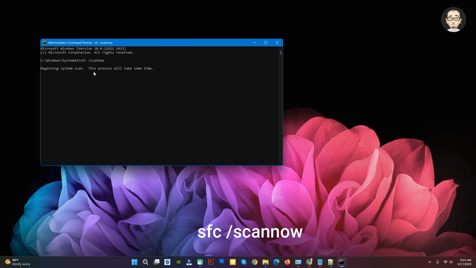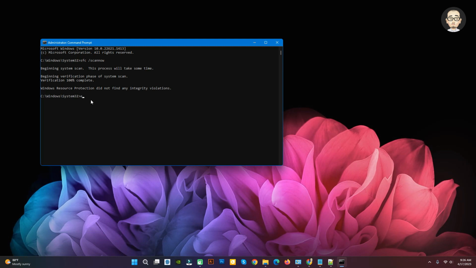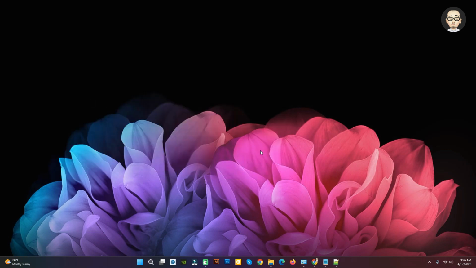And it might take 5 or maybe 10 minutes to scan the whole computer. However, the best part is, if there are any errors or glitches, this will be fixed with this command. Wait for the scan to complete, and please be patient. Once this is done, then we will move to the final step, which is a very common step, but most of us forgot it,